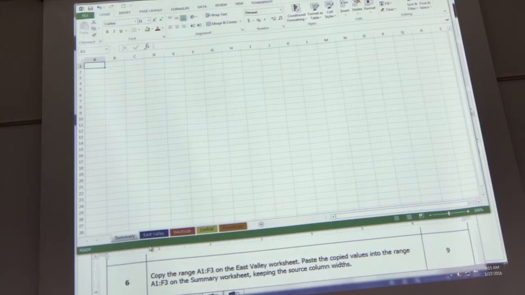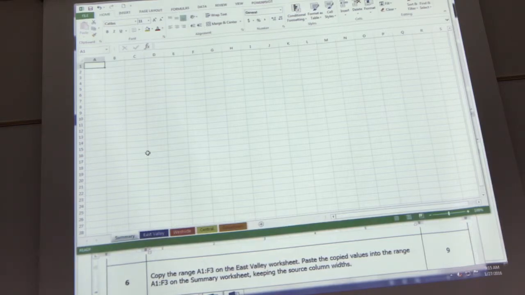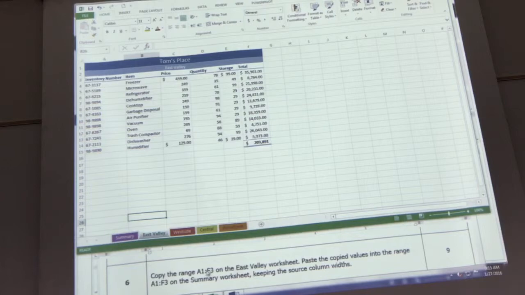Okay. So now we're going to do a copy and paste. Let's go to the East Valley worksheet. From here on out, make sure you read your instructions very carefully, because most of the time it's going to tell you what sheet to start with, because we're going to start working with multiple sheets for your Excel files. So East Valley is first, so click in East Valley. Okay, East Valley. And okay, so we're copying A1 through F3, so highlight the range A1 through F3, which is